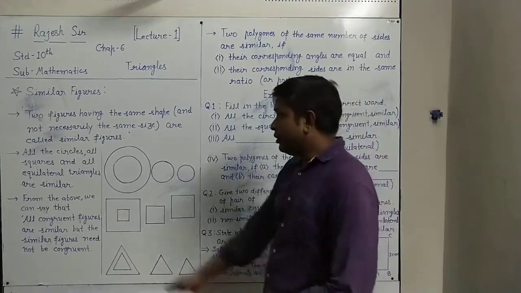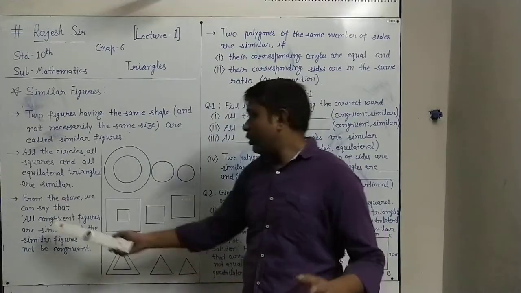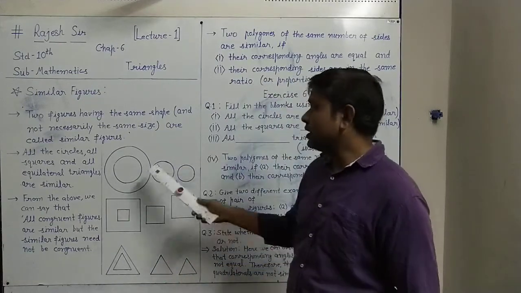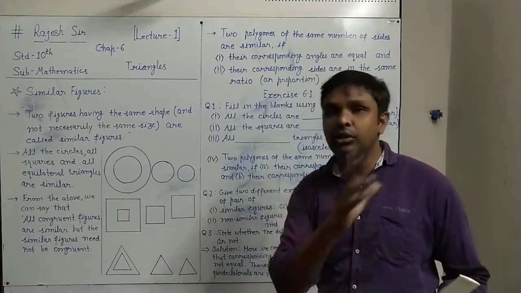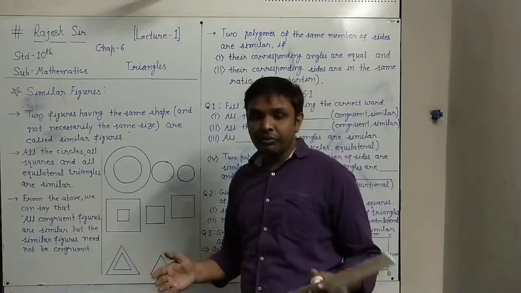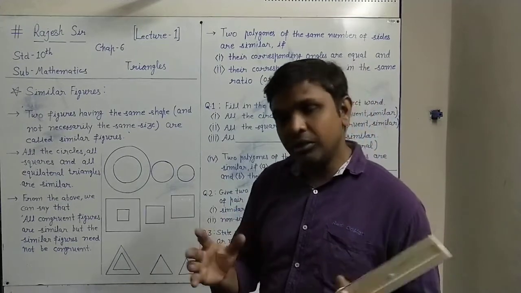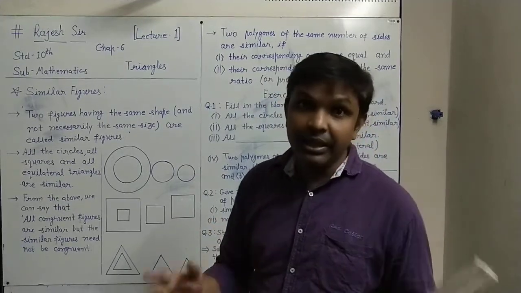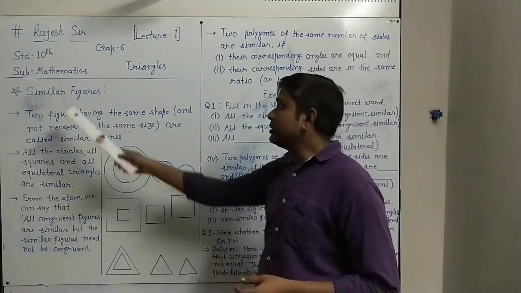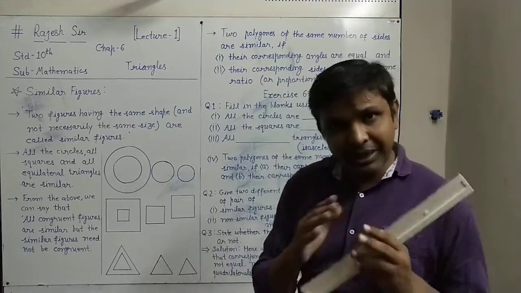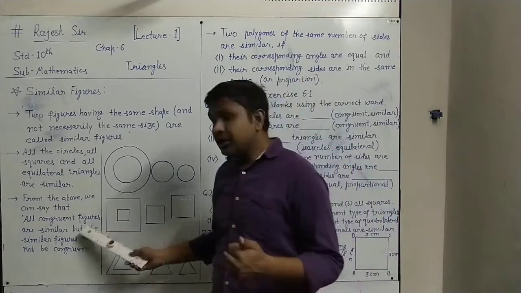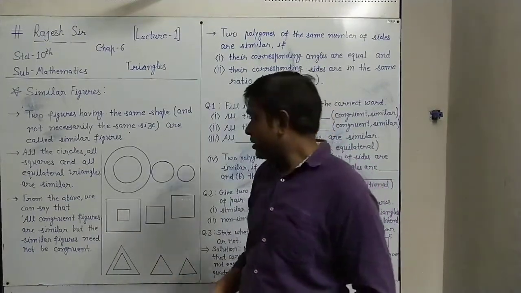Right? So from the above, we can say that all congruent figures are similar. If we draw two circles of the same size, they are called congruent circles. If two polygons or two figures are equal in size, they will be of the same shape also. For similarity, only the shape is necessary. If same shape, we can say similar. So all congruent figures are always of the same shape.